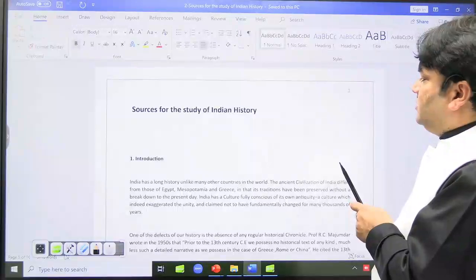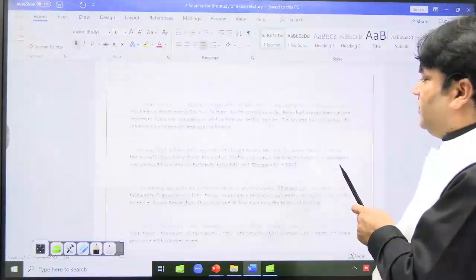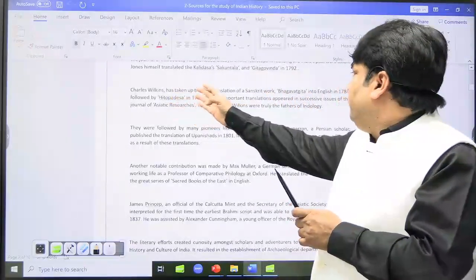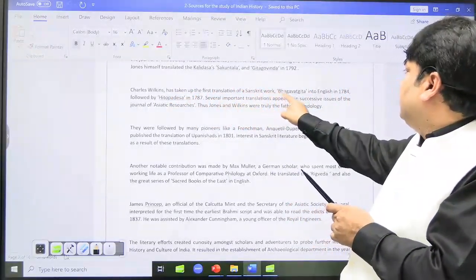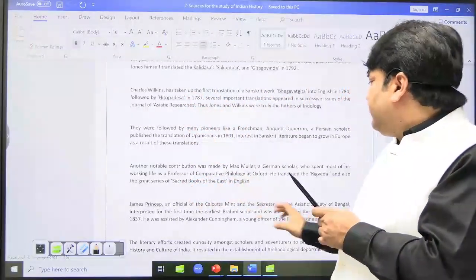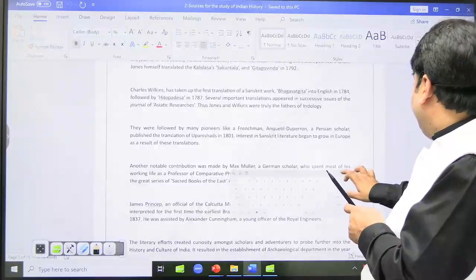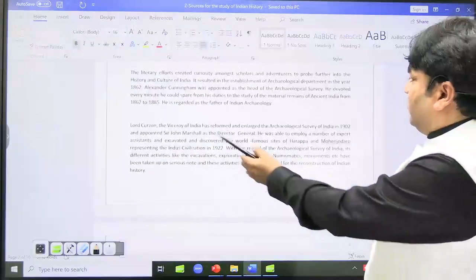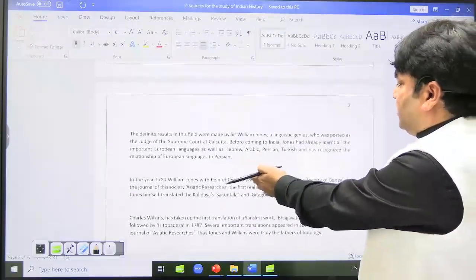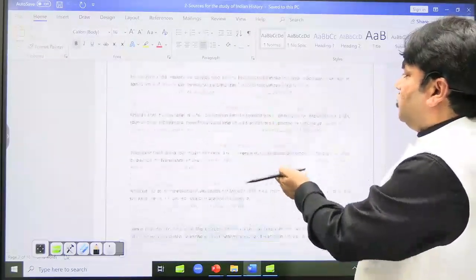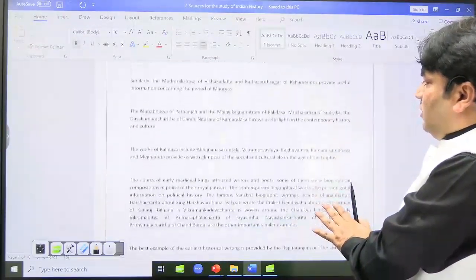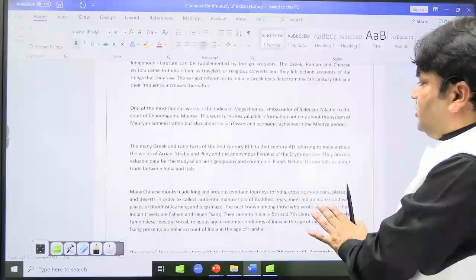For example, this is a sample of the printed notes. If you are reading these printed notes, you'll find that there are various facts here, that Charles Wilkins made the first translation of Sanskrit works, the Bhagavad Gita, Hitopadesha. So you will find various facts here, and these facts are also important for your prelims exam, right? So for this purpose I will provide you. For example, Lord Curzon, important details about Lord Curzon, James Prinsep, translations done by William Jones. All this has been given, so you can also use these notes for a holistic understanding of your GS